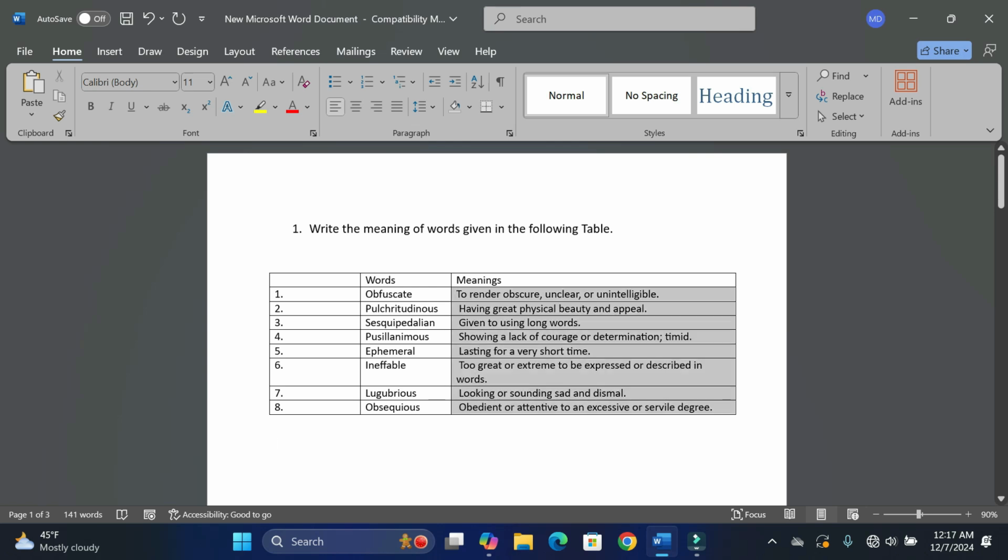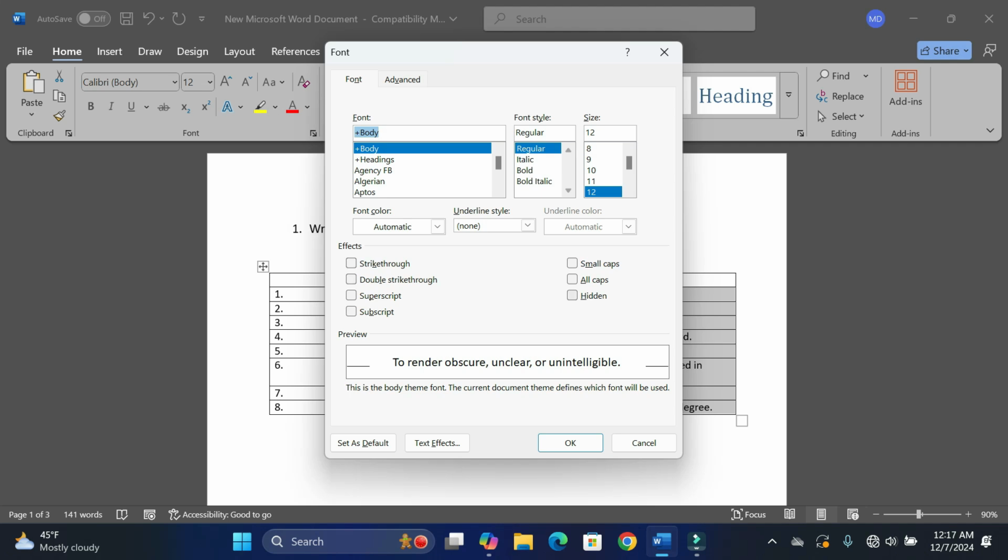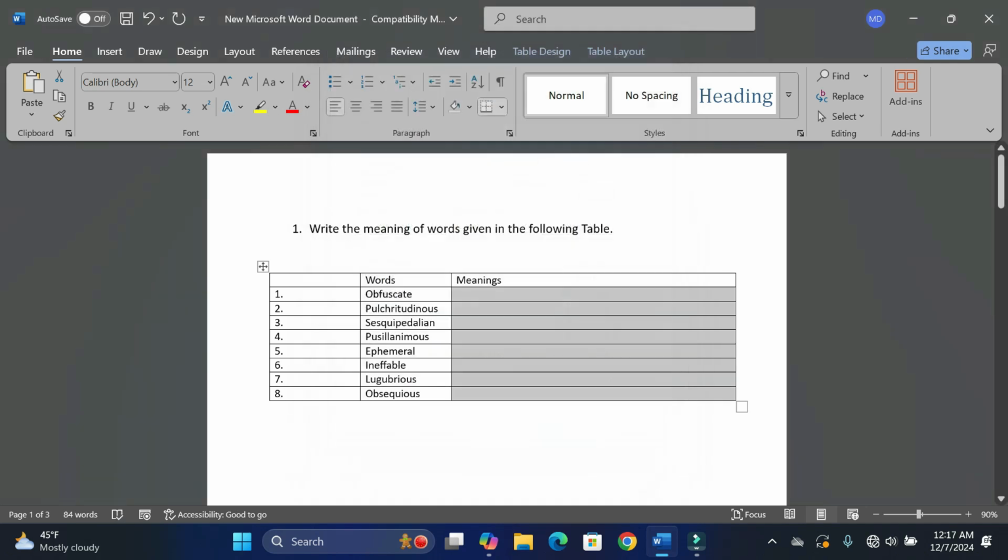Since we want all these meanings to be hidden, what we would do, we'll simply select all these meanings, then we'll go to this font group option, click on this dialog launcher, and here you can see we have this option hidden. Simply click on it, click on OK, and there you can see now we don't have meanings anymore in our document. Now you can simply get a print of it, give it to your students, and test them on their